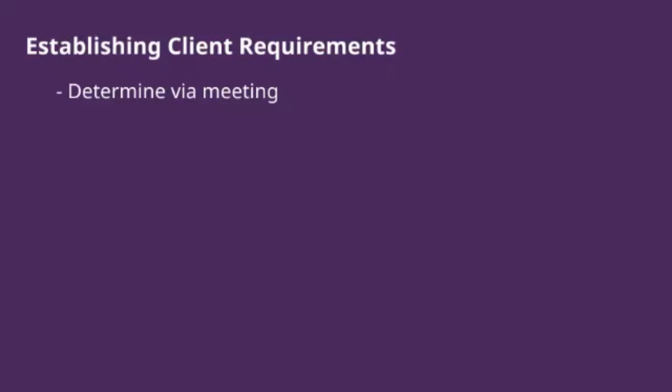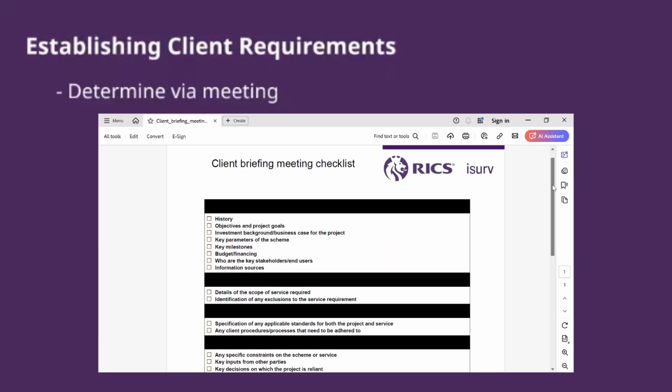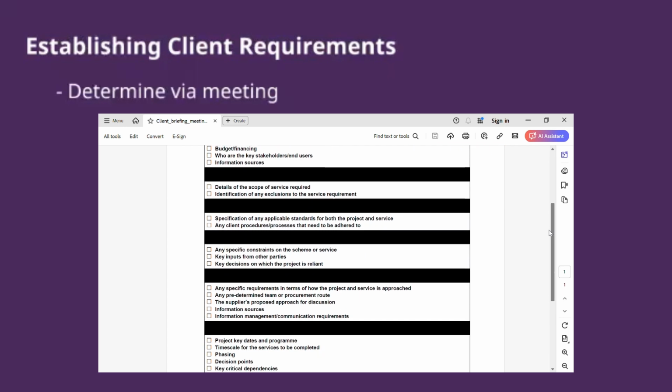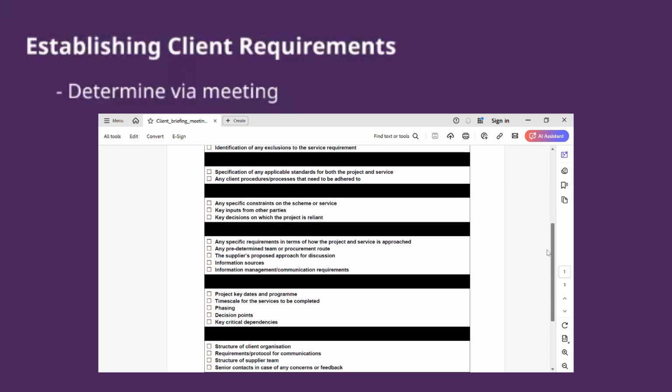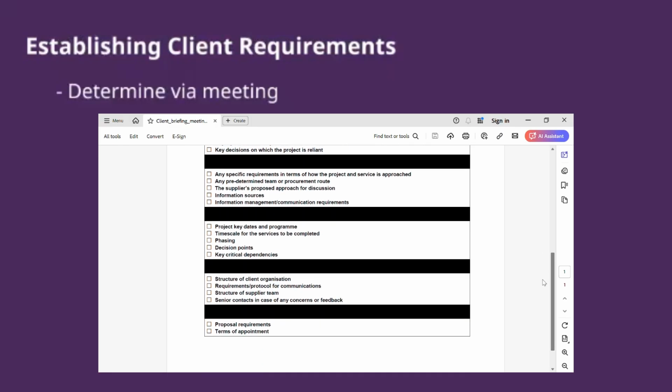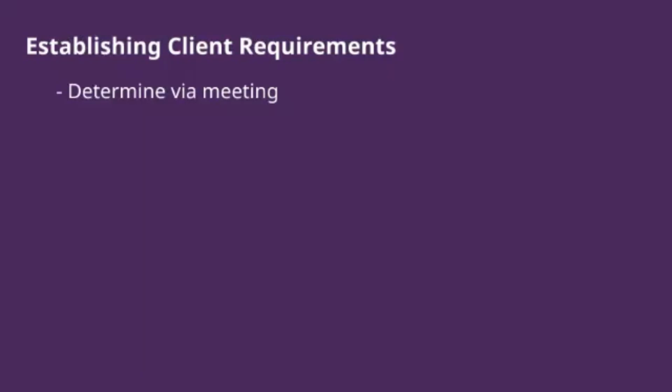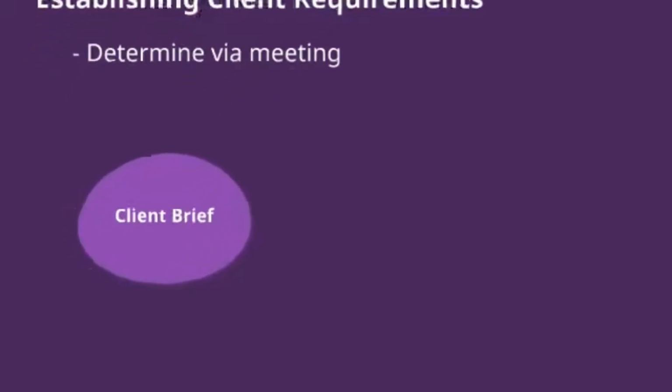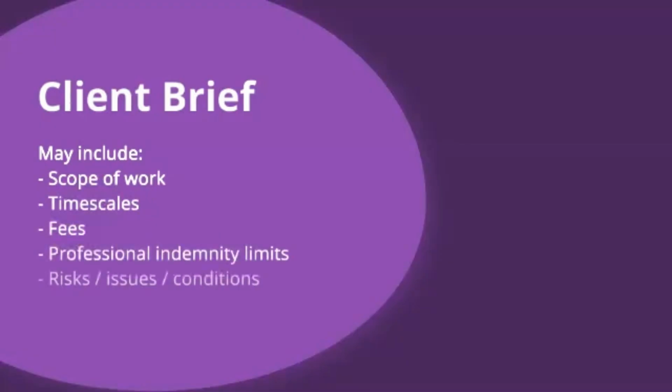The RICS has produced a client briefing meeting checklist for topics to cover when meeting the client, including project goals, budget and parameters, stakeholders, organisational structures, and so on. Once the necessary topics have been covered, notes of this meeting can be recorded and analysed to inform the client brief. The brief could include the following: scope of work, including the tasks to be done, the deliverables and the required outputs and formats, the duration of the service, fees to be charged, professional indemnity limits, and any other risks,